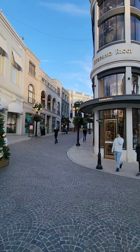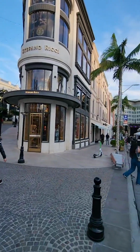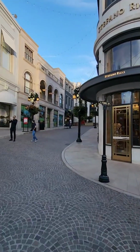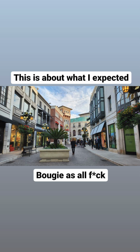I've never actually walked up Rodeo Drive, so here we go. This is going to be the first time going up in here. This is great though. This is about what I expected. Bougie is all